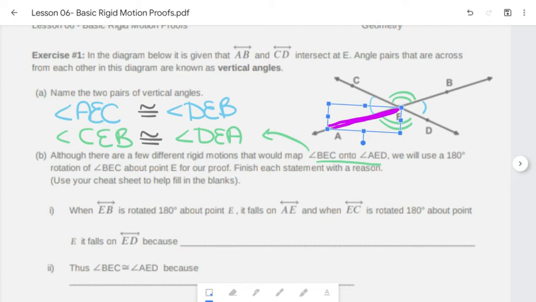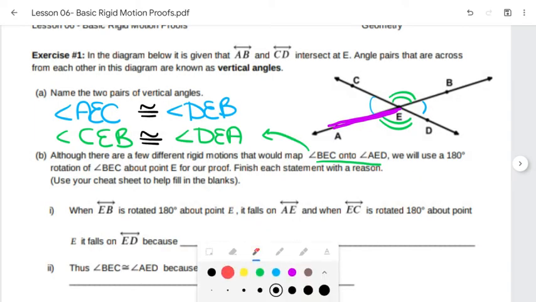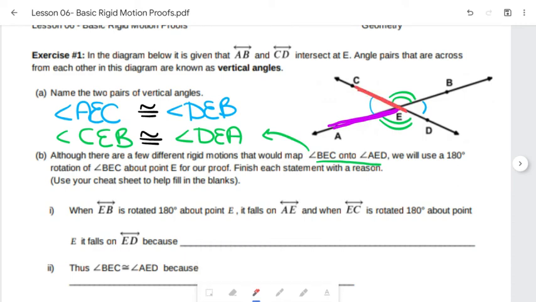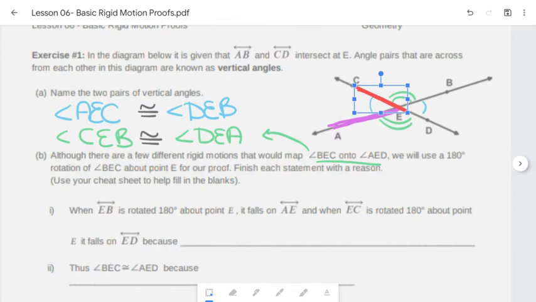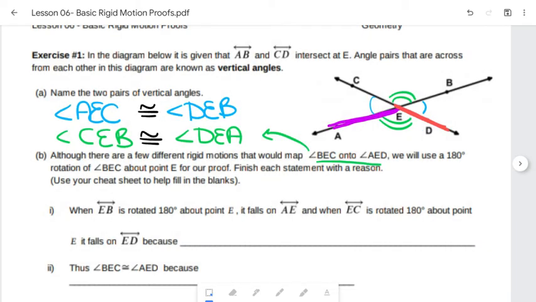Similarly, if I had EC rotated 180 degrees around E, then it would fall on ED. Well, let's look at that. Now we're talking EC here. Same thing though, I'm trying not to move E at all. I'm rotating 180 degrees, so I'm going around to a straight line, right? Bear with me as my finger moved a little bit, but it would land on ED. The reason for this is because rotations